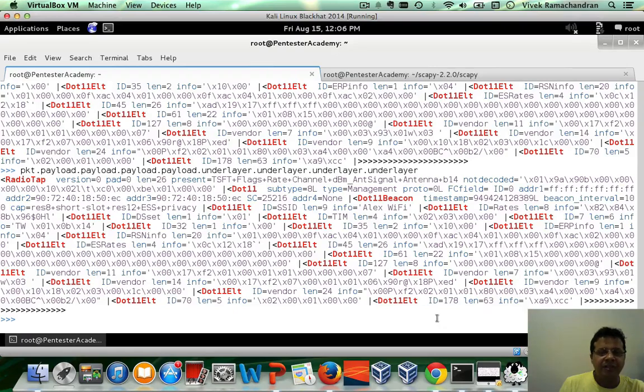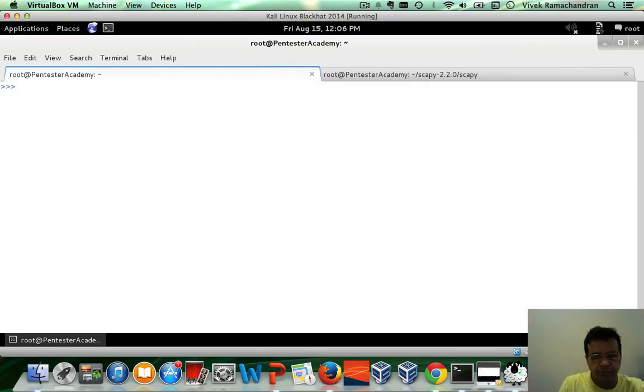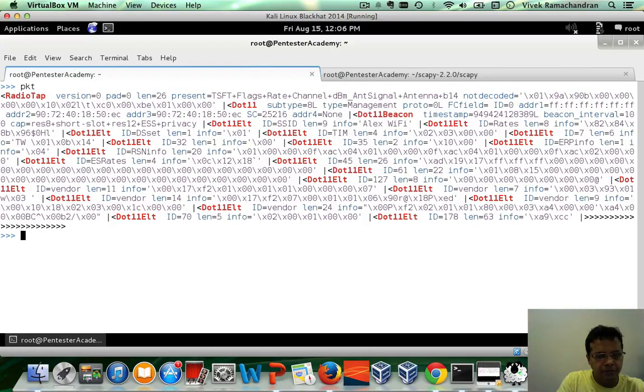Now, for a given packet, if you wanted to just print out all the different layers, the approach is really very simple. Here is our packet, right? Let's assign the packet to temp so that we can keep moving temp from one layer to a subsequent layer and move it forward till we reach the end of all layers. And I can do a while temp